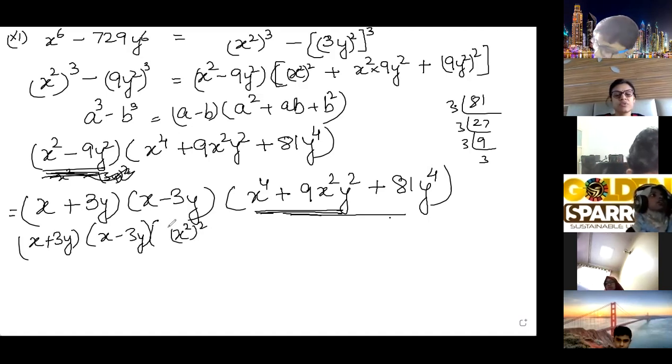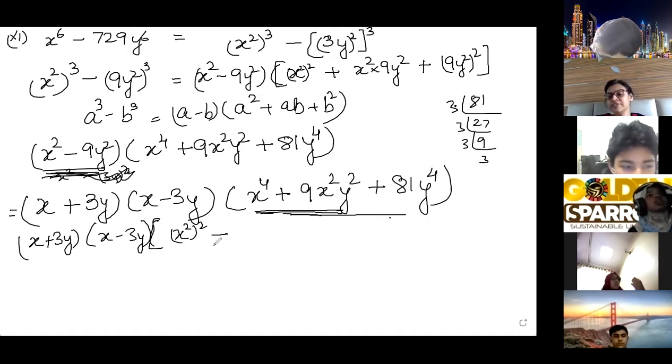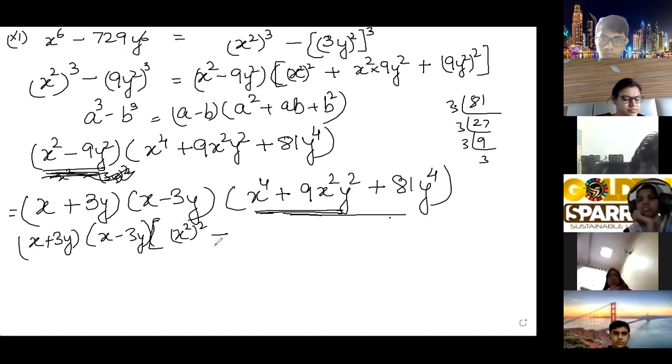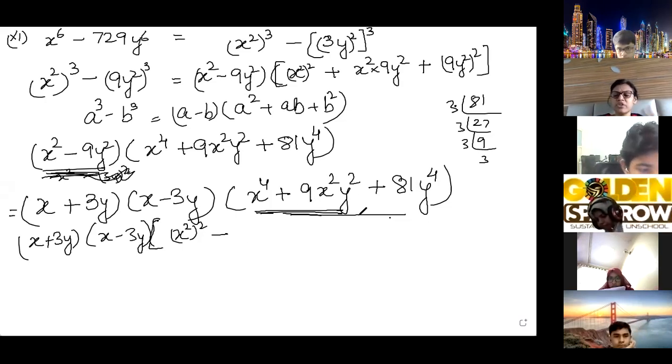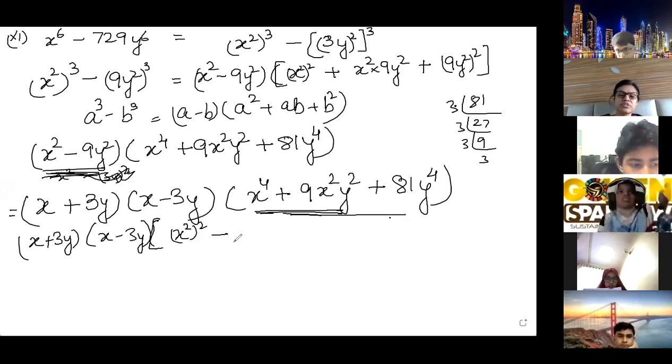And we can also split that. Yes, you can split. Tell me, how will you split it? Plus 2 and minus 3. No, how will plus 2 and minus 3 work? It is 81 and here it is 9. This one, only a trinomial you can split. You cannot split it over here. I tried it over here.